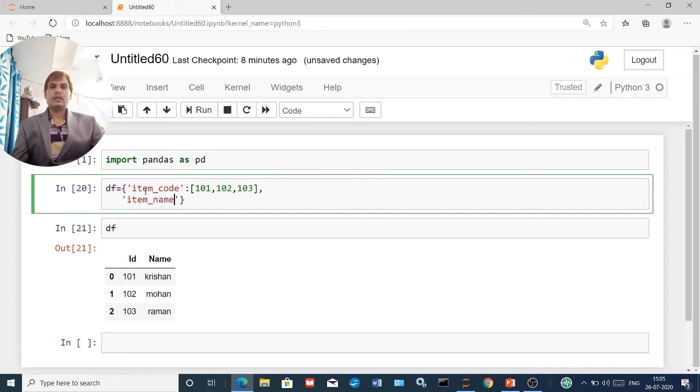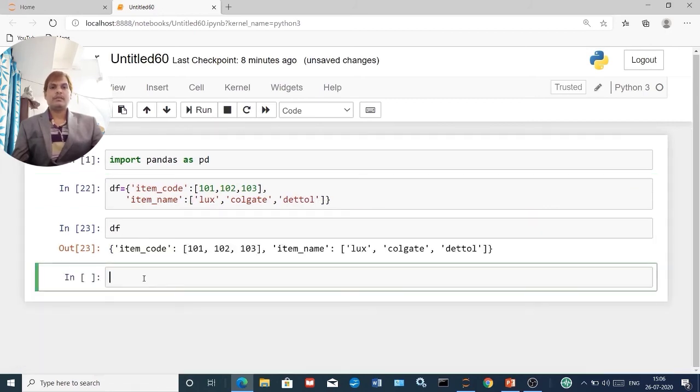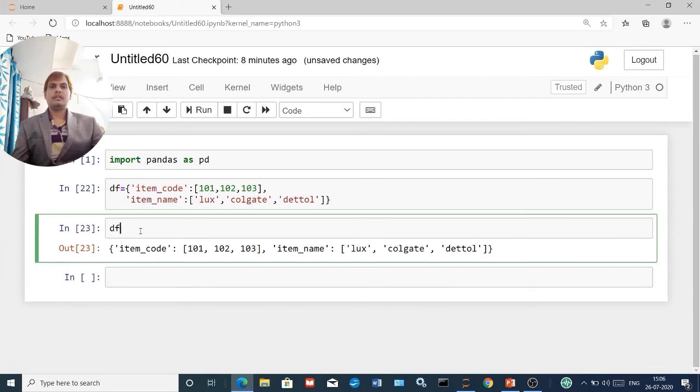So I'll add some items here. You can see item code is there and item name is there, and this is an example of a dictionary. Now from this dictionary I am going to create a data frame.